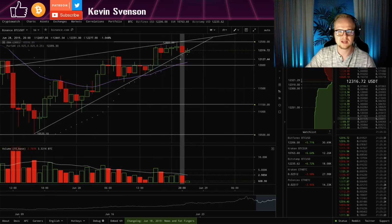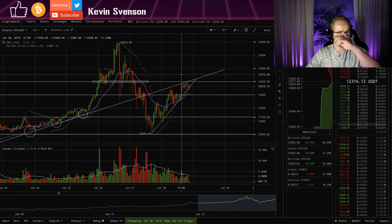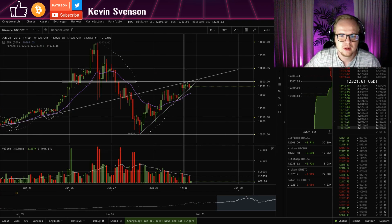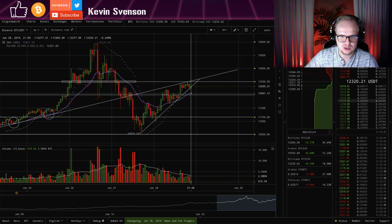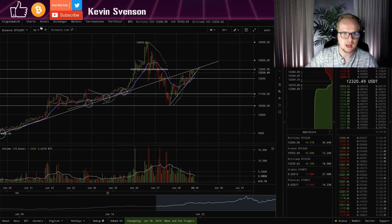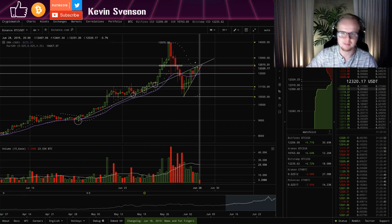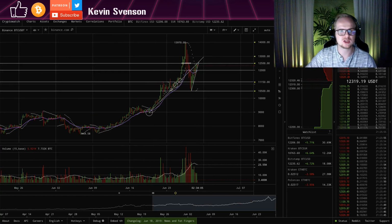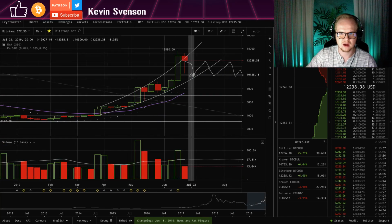So we're still testing this upward sloping trend line, guys. If we pull back, we're looking at the 21 EMA here on the 1 hour, which could act as support. But likely, if we do pull back, we'd be looking at a potential confirmation of a dead cat bounce, lower high, and a potential pullback resulting in a possible test of the